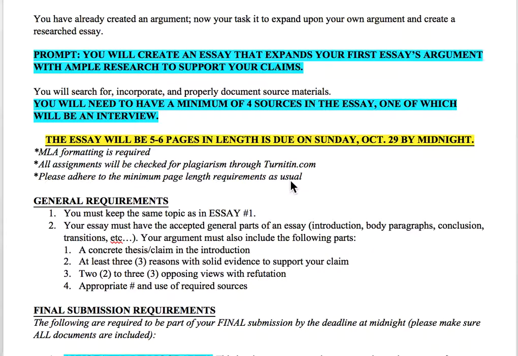Now, it's important that you go back and look at the first essay, look at the comments that I gave you. Make sure you don't just copy and paste the first 4 pages that you already did. Incorporate some changes, make them better. Don't repeat the same mistakes because you don't want to lose points for the same thing when you have a chance to fix some of those mistakes. So do go back and expand, add analysis, add details, whatever it might be to make sure that this new essay really takes the topic that you already had and makes it something new.